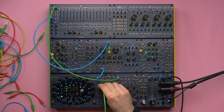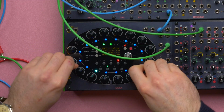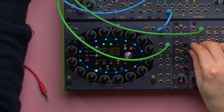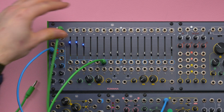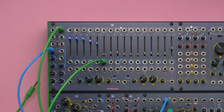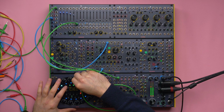And I will take, for example, gate A of track 2 and patch it here. And I can write a gate pattern here that I can blend to the bass and sub frequencies. This is a bit odd, and so I can program another gate track with a more steady pulse, for example